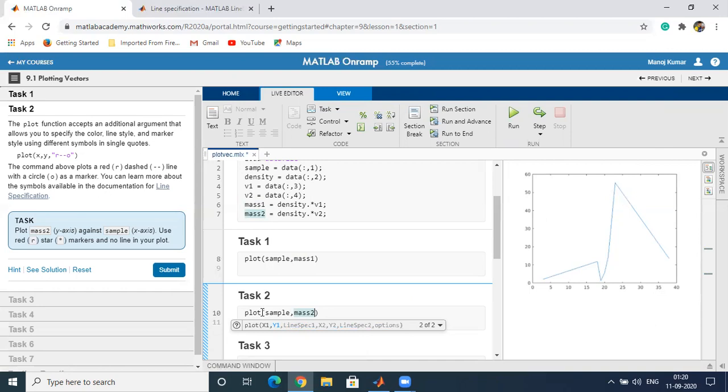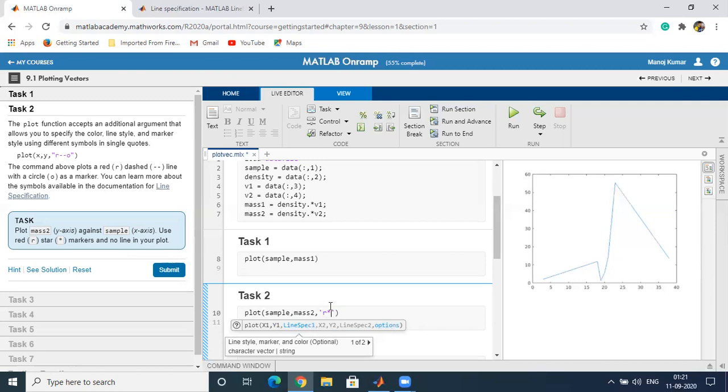So what we will do is give the line specification, so we can use the red color, star. It says that we have no line in your plot, only use the red star marker and no line in your plot.